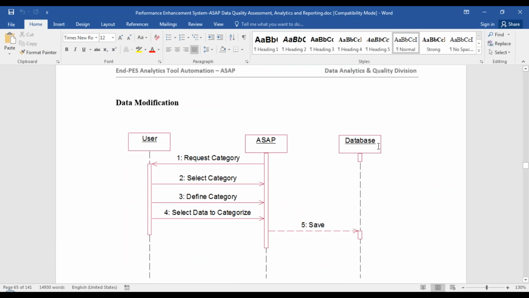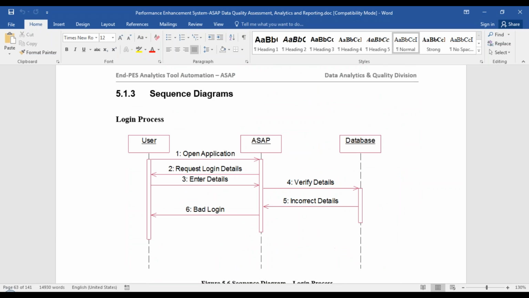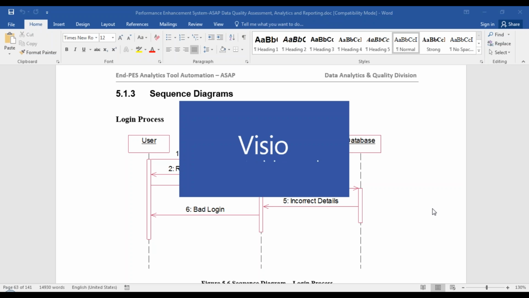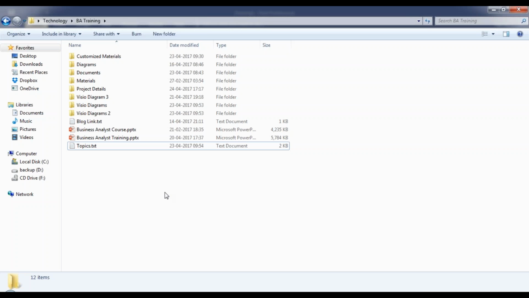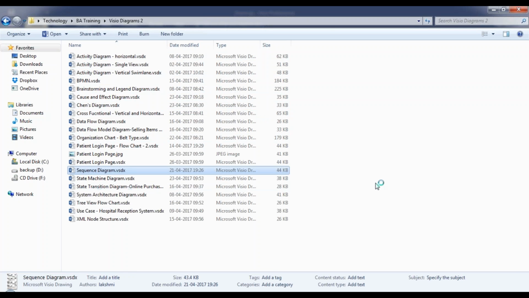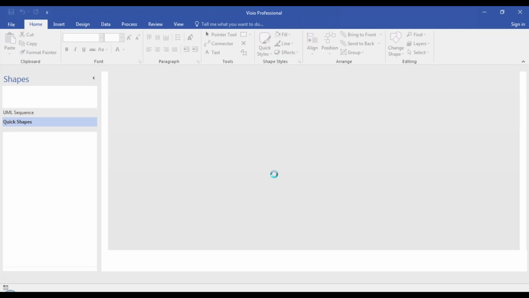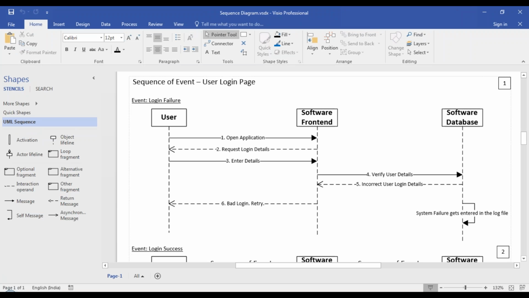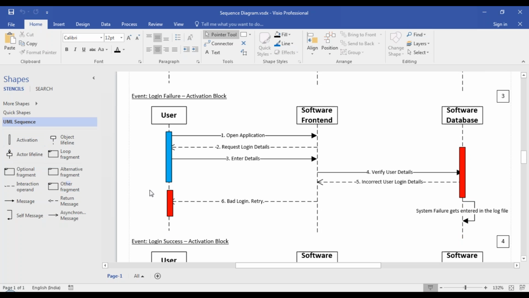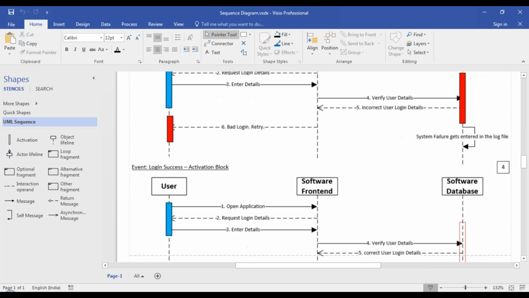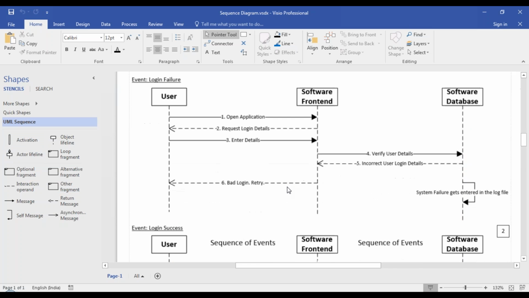We will see how to create a sequence diagram and how you create different sequence diagrams for different modules or functionalities in the system. Okay, here is a sample sequence diagram. Here we're going to capture the sequence of events that take place on a user login page: login success, login failure, and how you use activation blocks to define a set of events together. First we will start with a simple